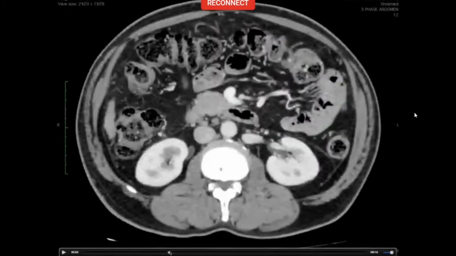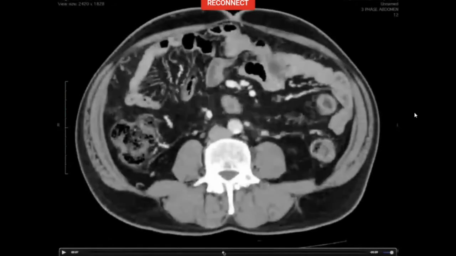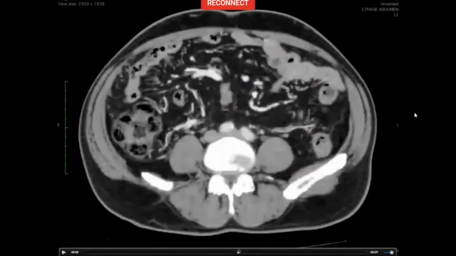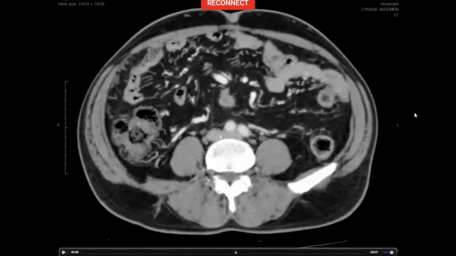And this one, where you can see the superior and inferior mesenteric vessels running, this is the largest one, which we always think of as the mesentery. This is the mesentery of the small bowel. This is the descending colon. So this would be the mesentery of the descending colon.